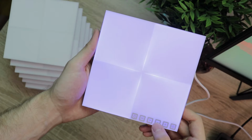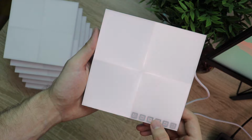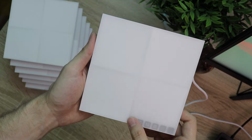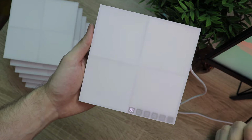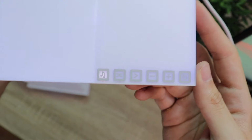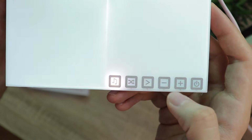In placing the panels on the wall, it's highly recommended that you start with the master panel that has the physical touch controls. These can be used to power the panels on or off, increase or decrease brightness, change up the color scene, or turn on the rhythm scenes that use the microphone to respond to sounds or music. Each option has a nice and subtle white LED, so you have a way of knowing if the panel registered